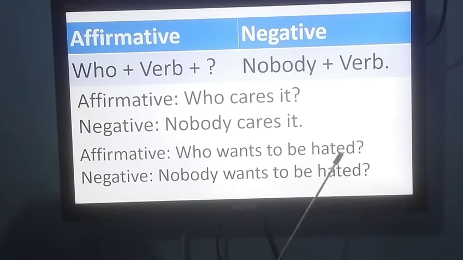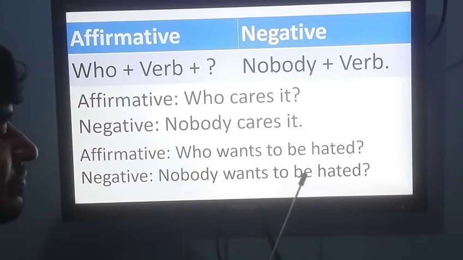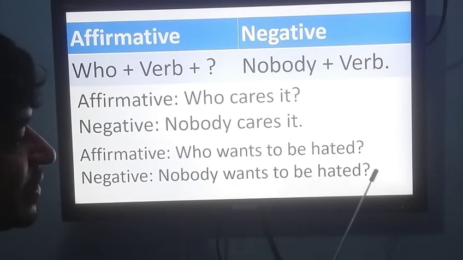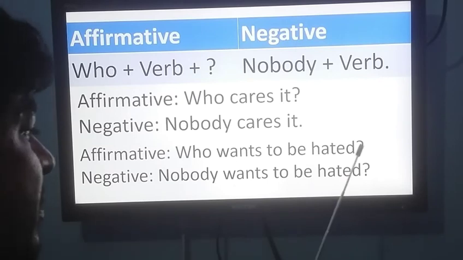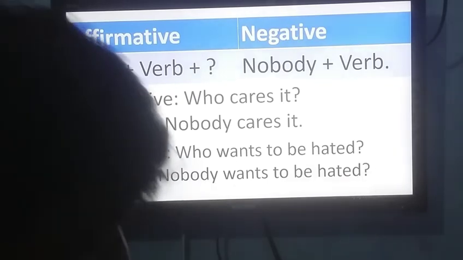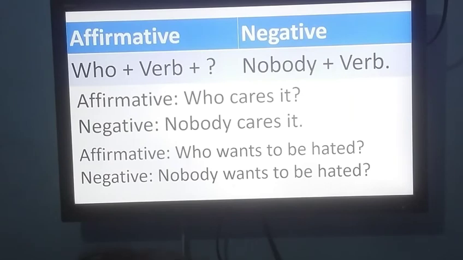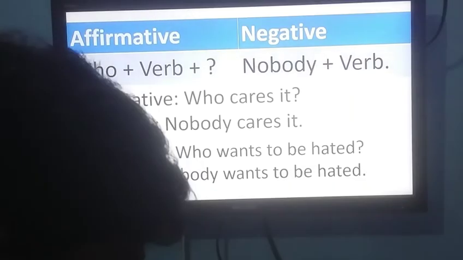Who wants to be hated? In place of who, nobody. Then wants to be hated. Question. Then in place of this note of interrogation, we have to use here a full stop. Here is a mistake, so I am going to